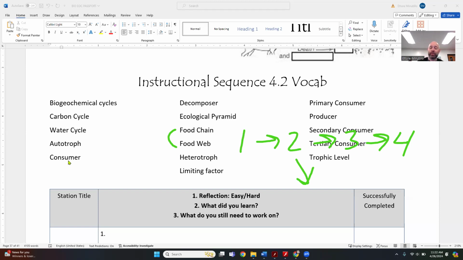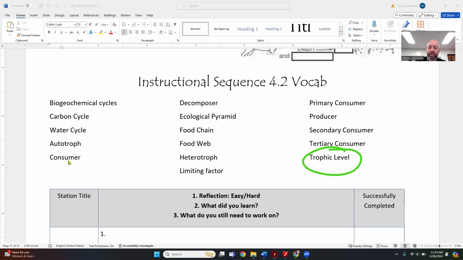But in a food chain, we're only looking at one set of feeding relationships. A food web gives us a better picture of the way an ecosystem would work, as it starts to include things like, oh yeah, that can also get eaten by this guy, and it brings in other things, as well as gives more options for what they'd be taking in as their energy source. So food webs give a better picture of the environment. If you just want an idea of what's going on, we could use a food chain, which shows one set of eating relationships. Also on here, we have this last one again, trophic level.